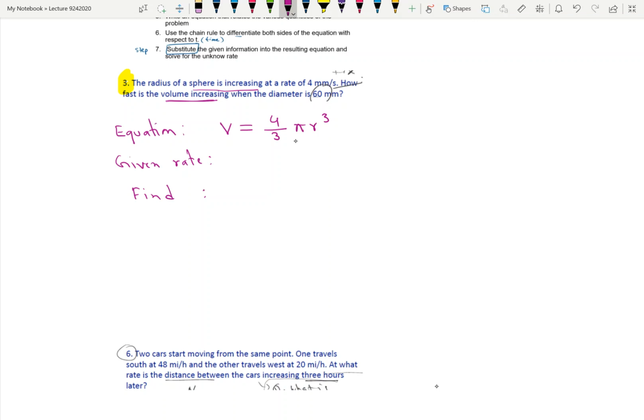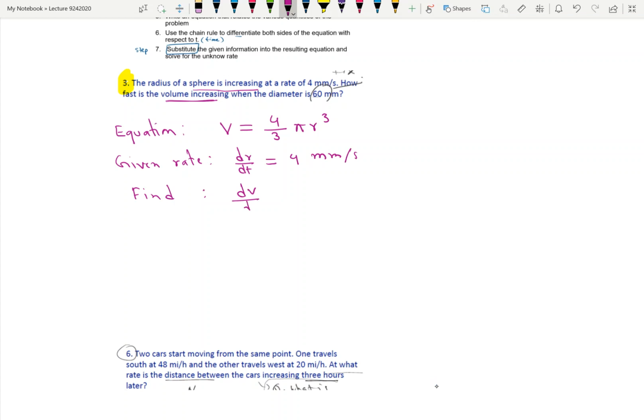So this is the equation, and the given rate is the radius dr over dt equals 4 millimeters per second,